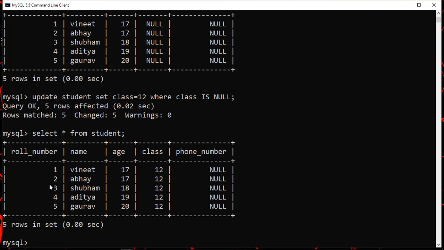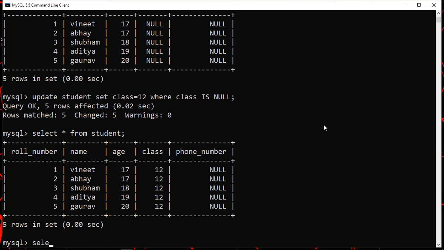Now what if we want the records of a particular field inside an SQL table? If we want only the name of the students with their roll number, we can do that also. We don't need these columns if we don't want them. It can be according to our need, whatever the situation demands, so you have to change the values accordingly. Now if we want to see only the roll number and name of the students, let's see how we can do that.